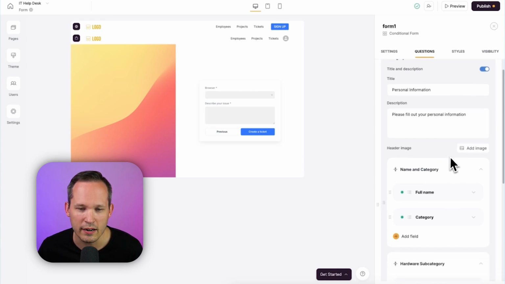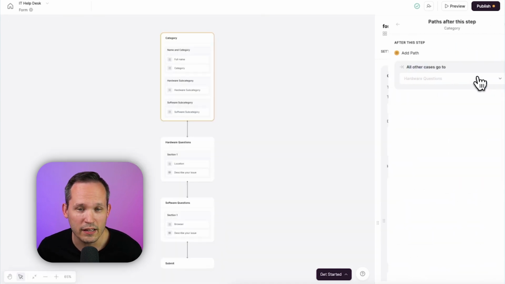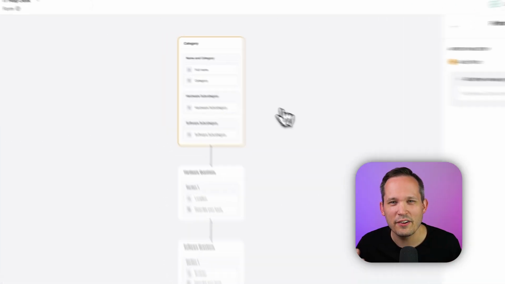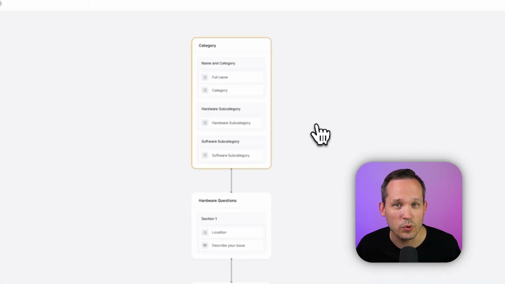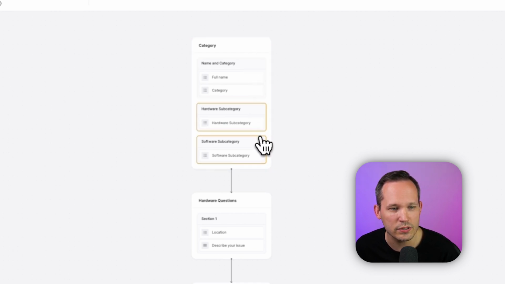or we could click on a section. Again, we hover and we see that icon. So from either place here, we click it. This is going to take us to that conditional logic path builder. So now you can see we have this really nice visual canvas where we can take a look at our steps and our sections. So here I've got my step of category,